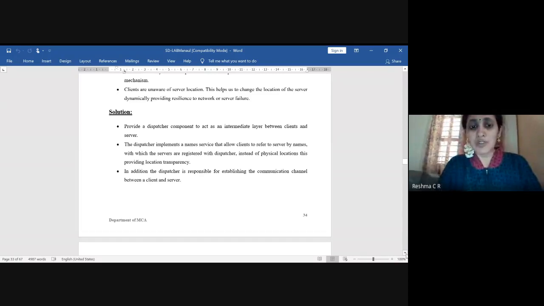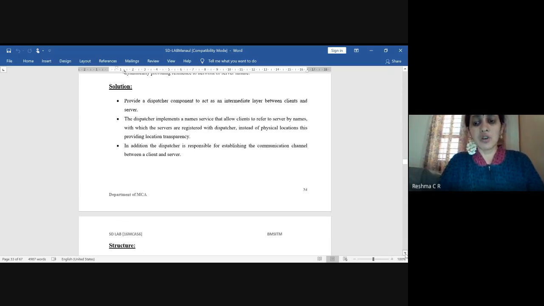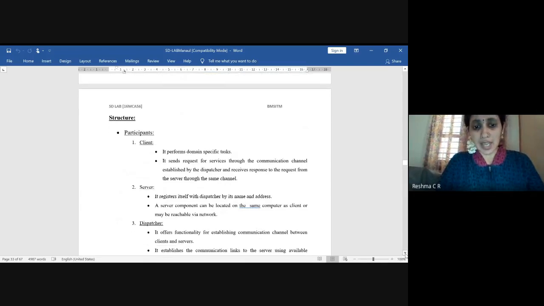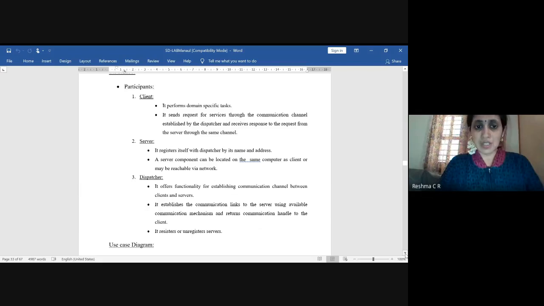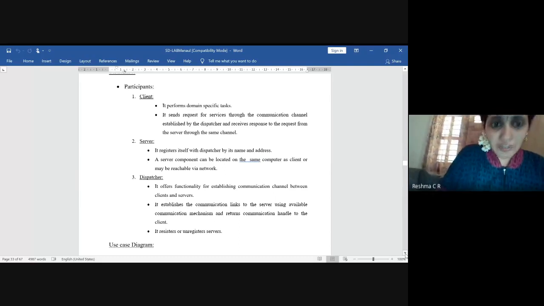To do that, we use this intermediate layer called the dispatcher. So we have a client, server, and dispatcher as the participants, or components, of the structure.